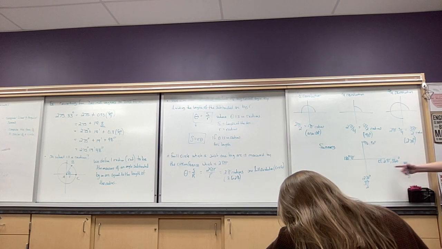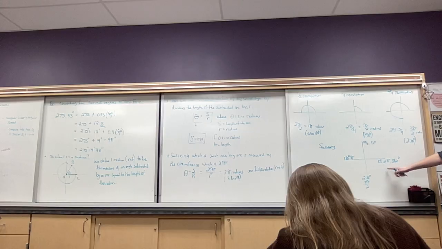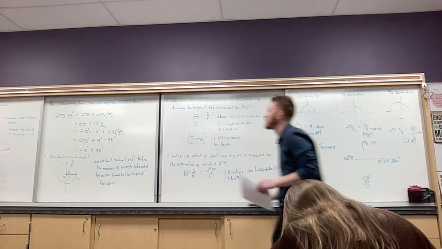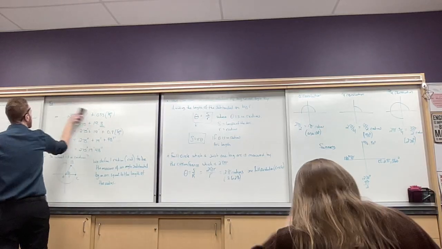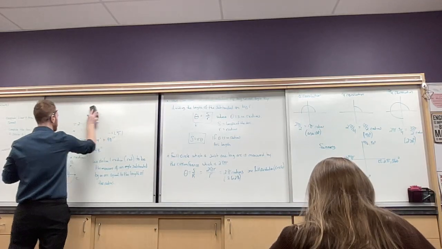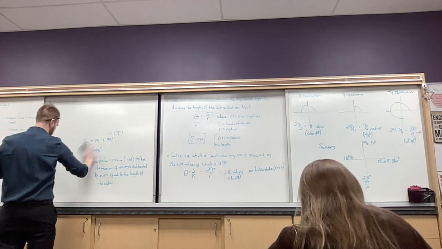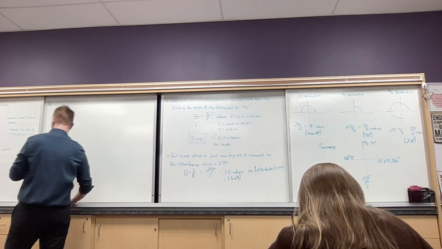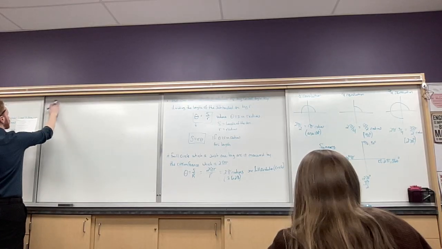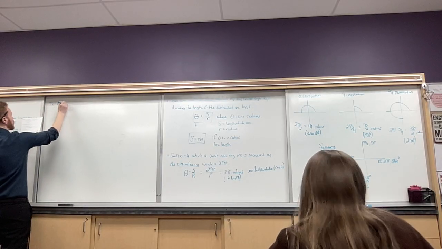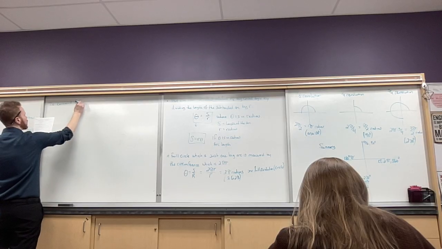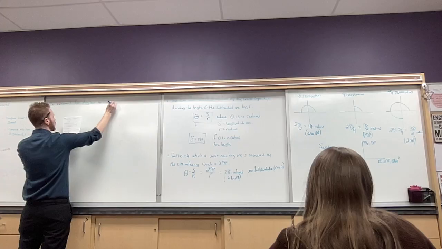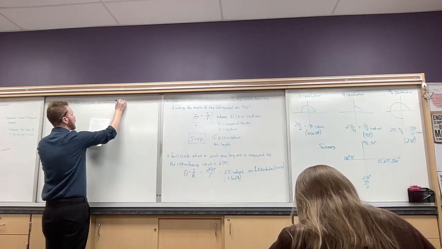All right, any questions on that? Now this is important. You're going to see this a lot in this class. Now, let's try converting from degrees to radians and radians to degrees. Okay. So to convert from degrees to radians, you're going to multiply by,